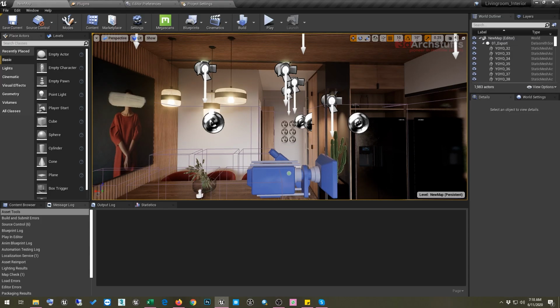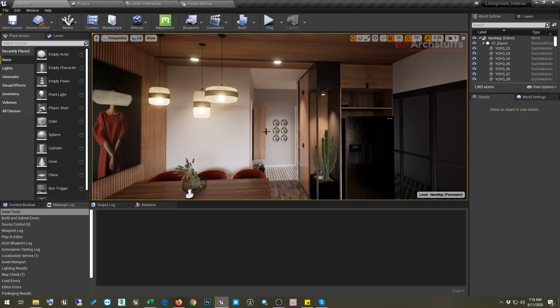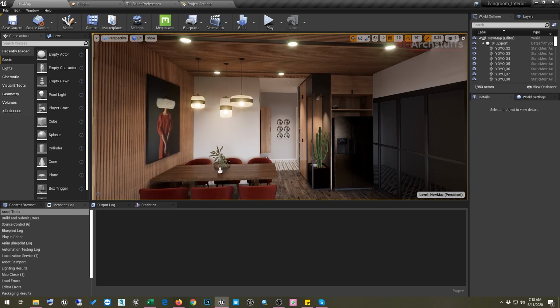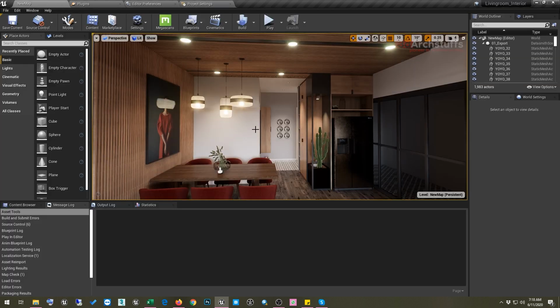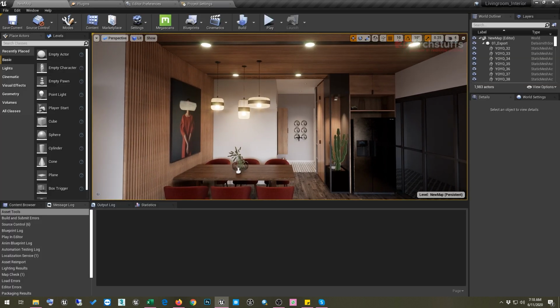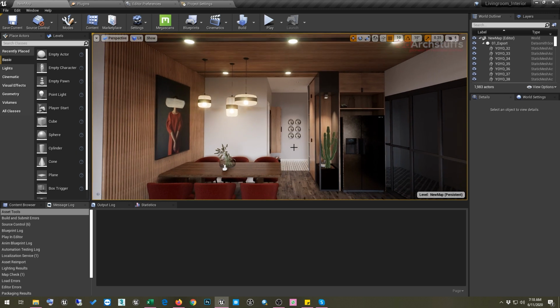As you can see, our scene has restarted with all the changes we made in our project settings, and we enabled ray tracing in our project. Now our scene is a ray traced scene, and ray tracing has been enabled. From here we'll make changes so that this whole scene behaves perfectly